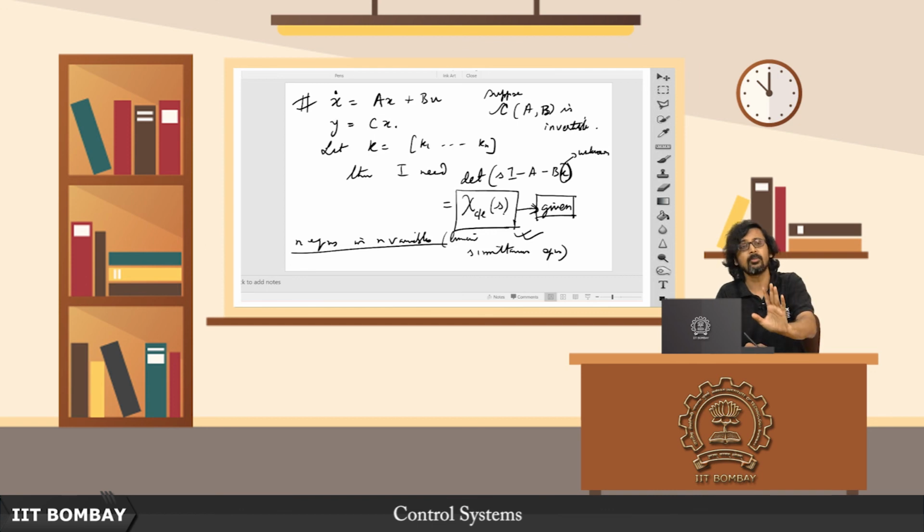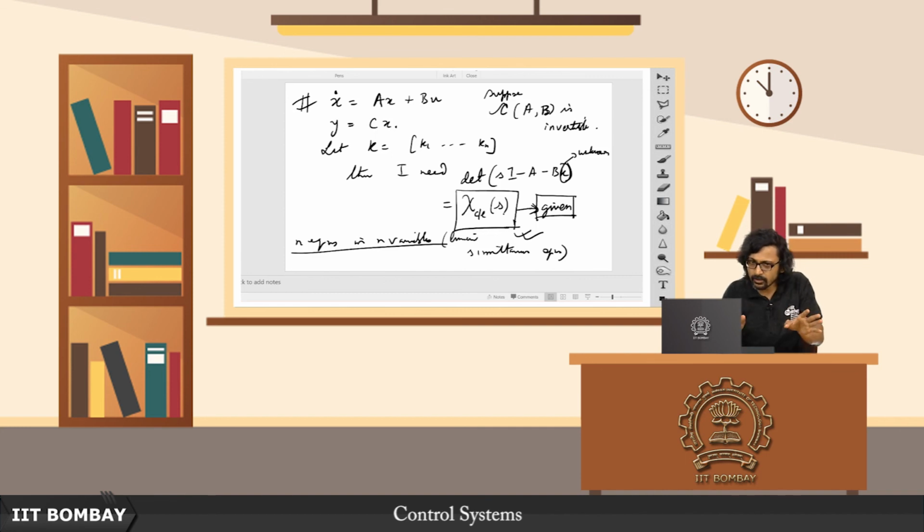So if you are given a system already in the controller canonical form, it is the easiest thing: just find out what your desired closed loop polynomial is, take the difference between the coefficients, and those will be your gains. If you are given any other form, one option is to convert it to the phase variable canonical form, determine the gain coefficients there, and then operate with this T inverse post multiplication and get the original gain that you need.